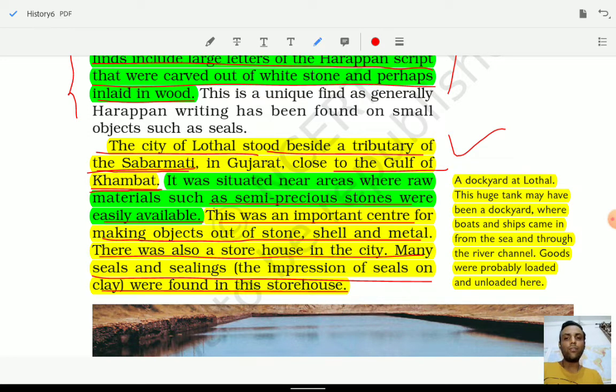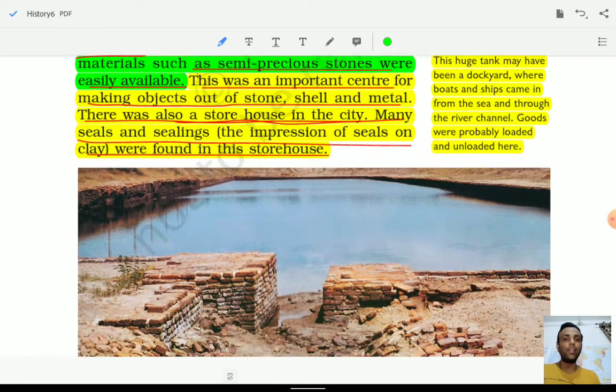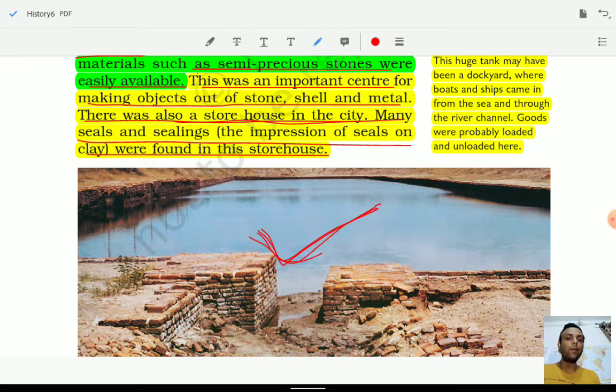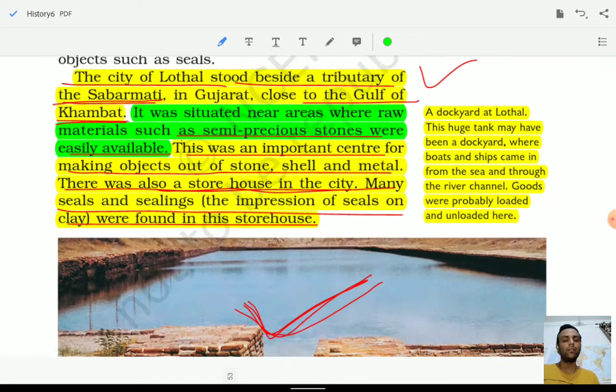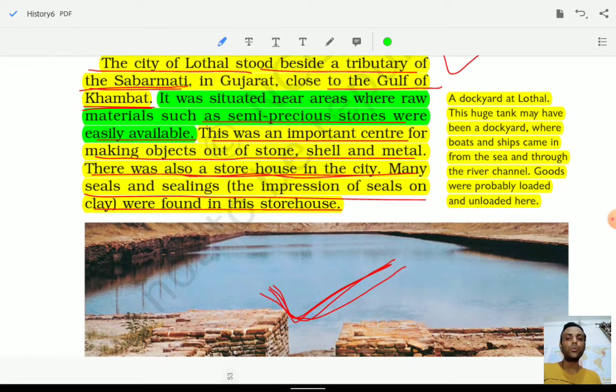This was an important center for making objects out of stone, shell and metal. There was also a storehouse in the city. Now, why the storehouse in the city? Many seals and sealings were found in this storehouse, right? And why was Lothal also important? Look here. There was a dockyard, so probably ships used to come here, and it must have been a very important site in terms of business, where they did different types of trade with different parts of